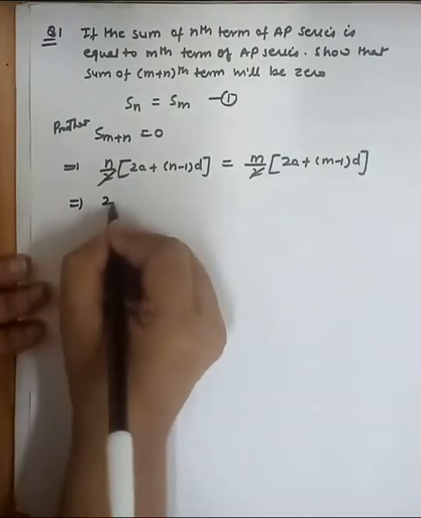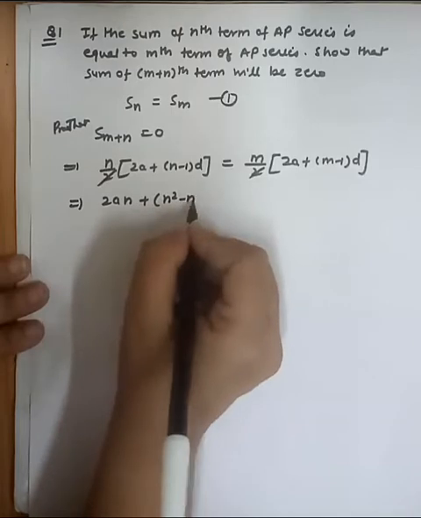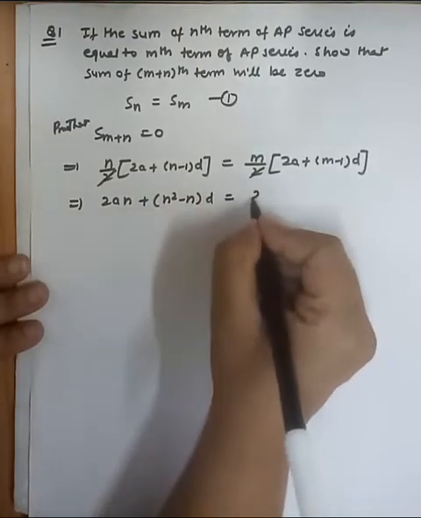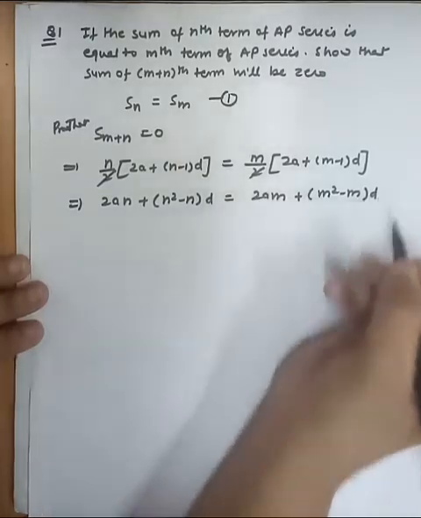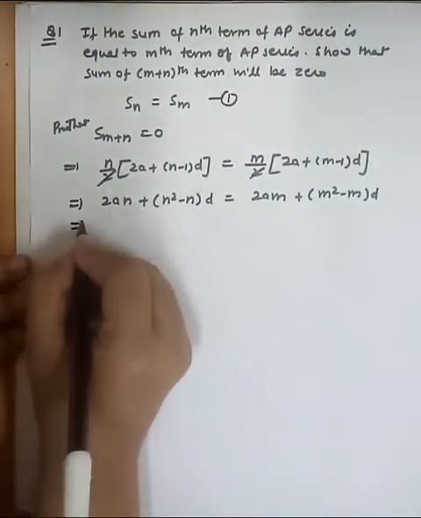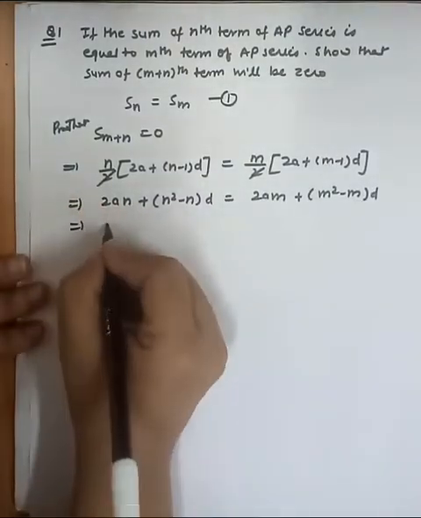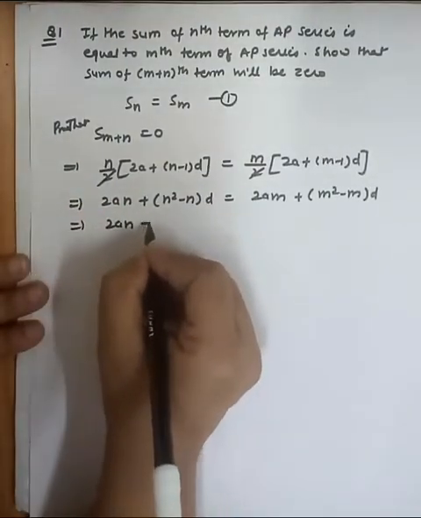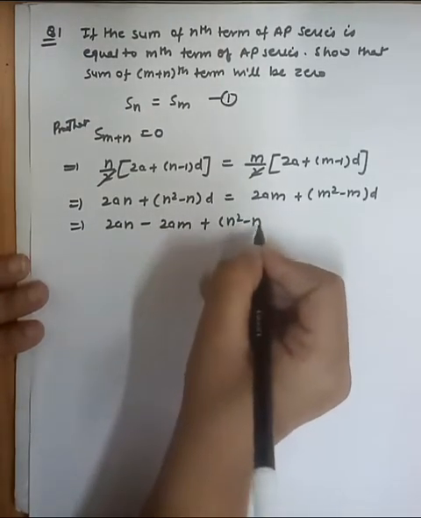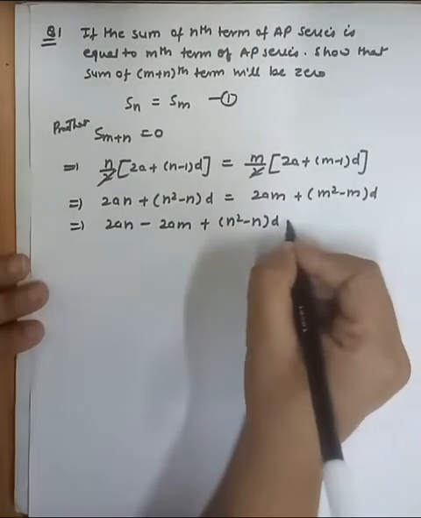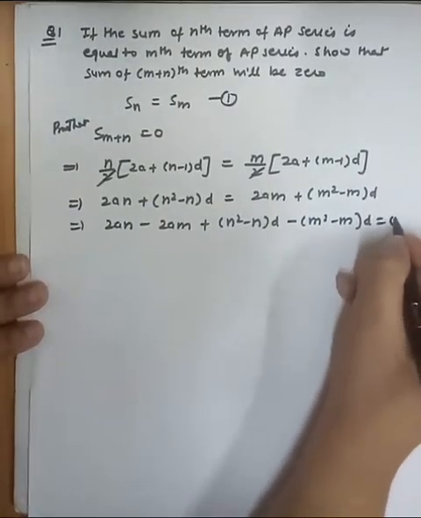So we get 2an plus (n square minus n) d equal to 2am plus (m square minus m) d. Now take this equation to this side, so 2an minus 2am